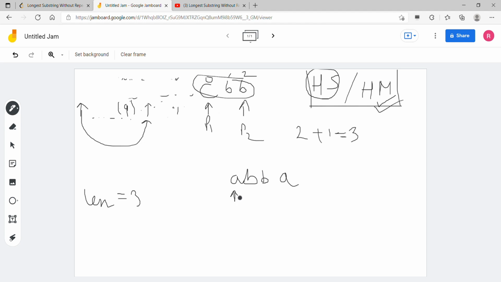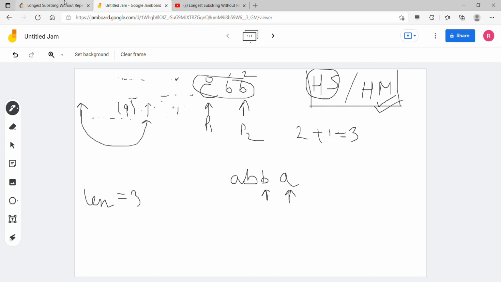Our window was here and it went to here, then it again went to here, then the window had to reduce, so the window reduced to here, then again your left pointer increased, and when it got A in the map, A was not removed when the pointer went beyond A, but A is still remaining in the map, and